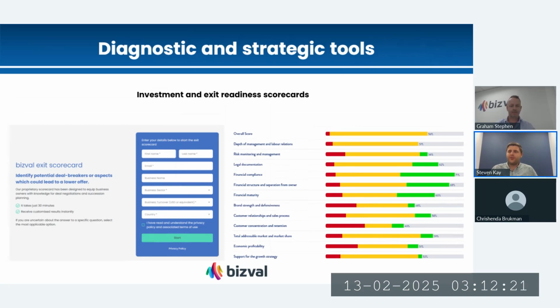So yeah, hopefully you can see the slides, but this is now the other side to valuations. It's the completely quantitative element to try and identify what the other value drivers in a business are, but more importantly, what are the detractors. So it might be a little bit small, but please reach out afterwards if you'd like any more information on the different categories. But we'll look into areas like the depth of management, the level of risk monitoring, current legal status in the business, the level of financial compliance, and a myriad of other factors.